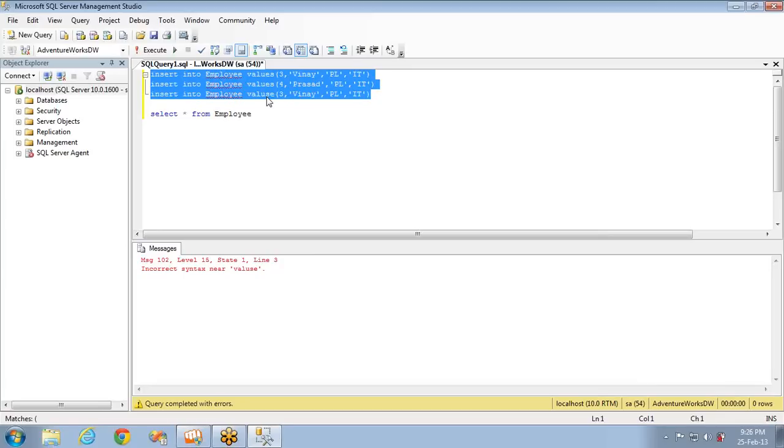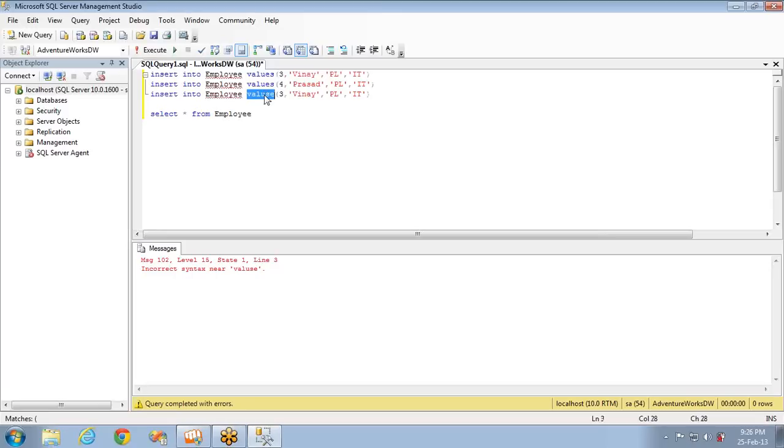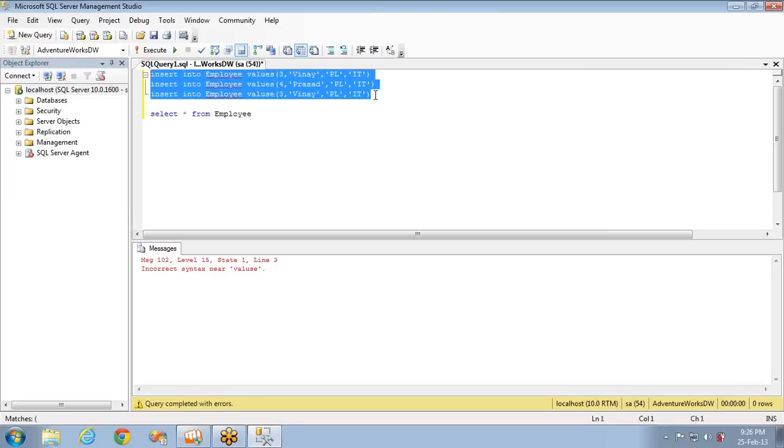VALUSC is a syntax error. It's not a runtime error. So by the time it compiles and finds this error, nothing will be executed. It is the first step to check the syntax, just like build in SSIS projects. I hope you people still remember that. What will build do? Build will check for syntax errors. In the same way, first during compilation, it will check for the syntax errors and all the stuff.